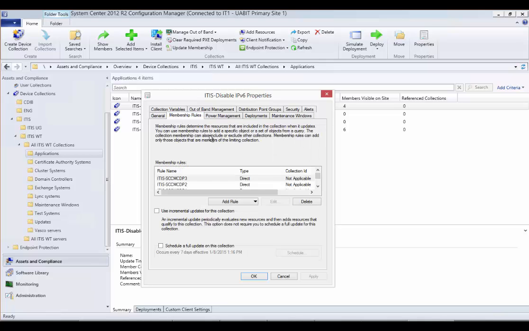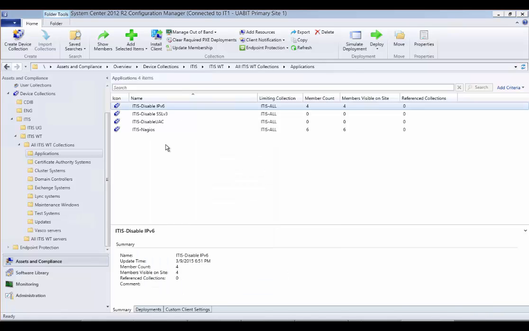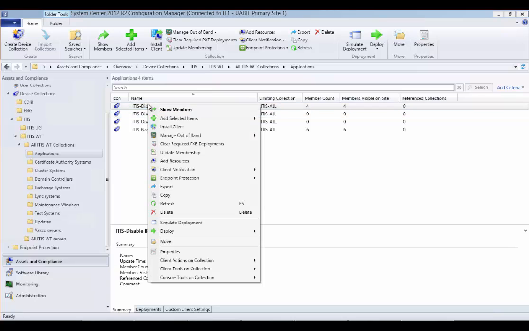Alright, for membership rules, I will go over the several different types of rules. You have direct rules, you have query rules, include and exclude collections rules. A direct rule basically is you're adding a machine directly, a device directly to this collection. Now, what I normally do is I normally do not use that rule there. I normally will just